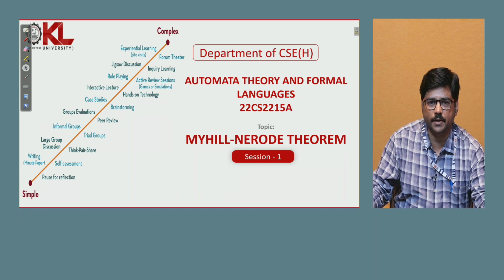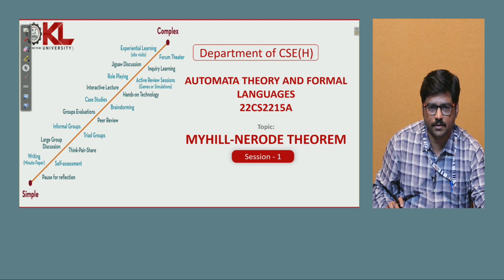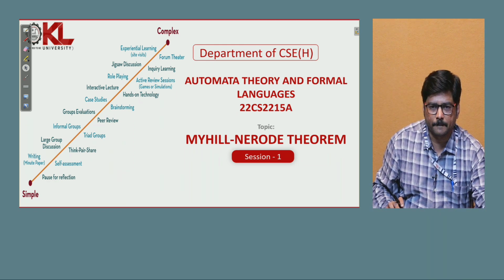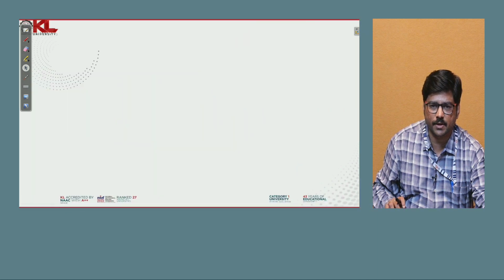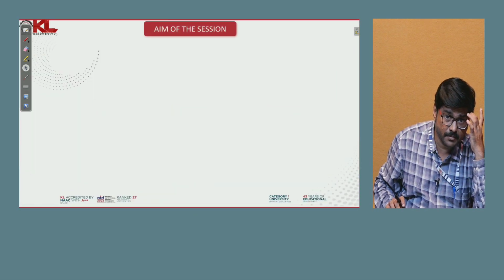Today I am going to explain the Myhill-Nerode theorem. This Myhill-Nerode theorem is used to minimize the DFA, and we also use it to prove whether certain languages are regular or not. Actually, why should we learn how to minimize the DFA? We have to minimize the DFA because